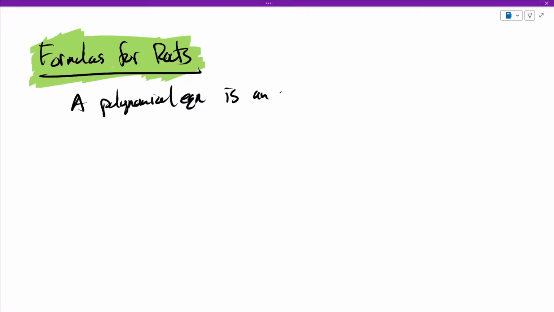is an equation of the form. So what's an equation? Well, it's something with an equal sign. And what's a polynomial equation? Well, it's something with an equal sign where there's a polynomial on it. They're just made up of polynomials. So it looks like some